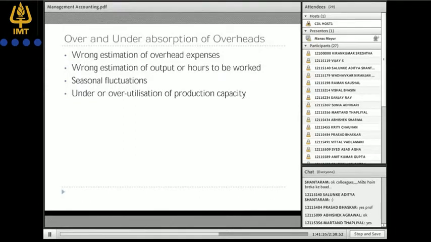Before we move to break, we are trying to understand how overhead cost can be absorbed on any finished good. So as I told you, we'll solve few numericals, and then we'll try to see how the absorption and allocation can be done. So for that I am having a numerical sheet, and I'll take help of Excel to solve these numericals.